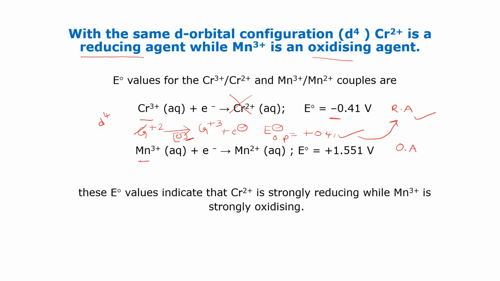Isn't it? Now you observe here, manganese is definitely undergoing reduction reaction. Now the electrode potential we are getting is a positive value. That means this reaction takes place. Now the substance which undergoes reduction reaction is called what? Oxidizing agent. Yes, it is an oxidizing agent. So based upon the E0 values, we are explaining that Cr^2+ will act as a reducing agent, whereas Mn^3+ acts as an oxidizing agent here.